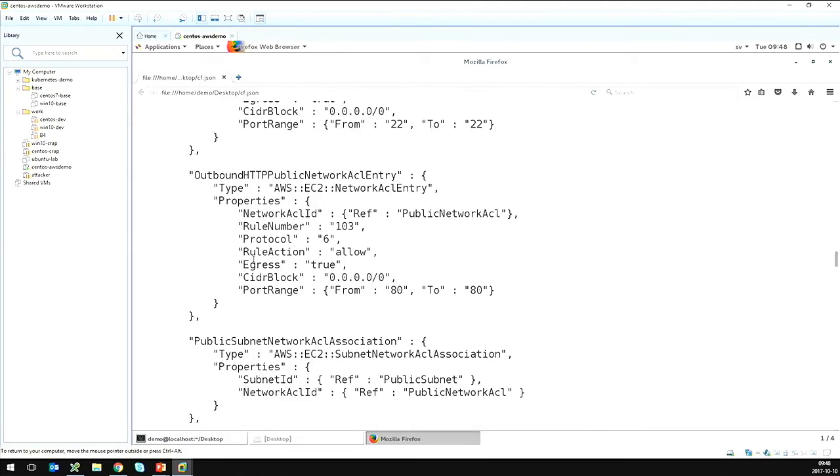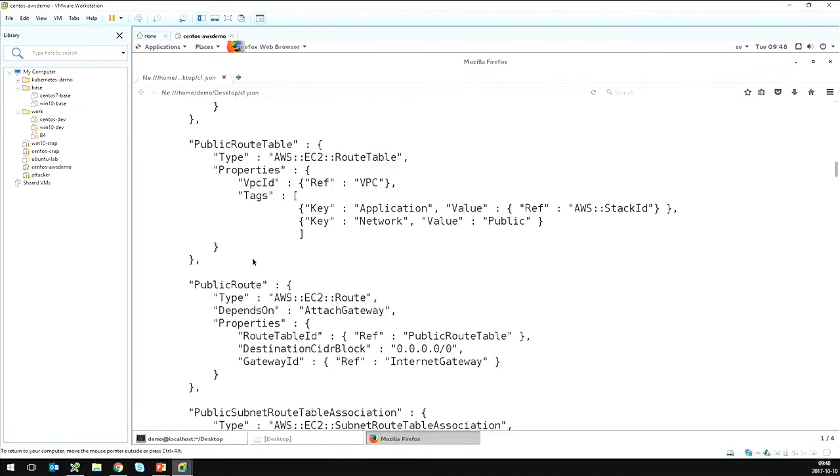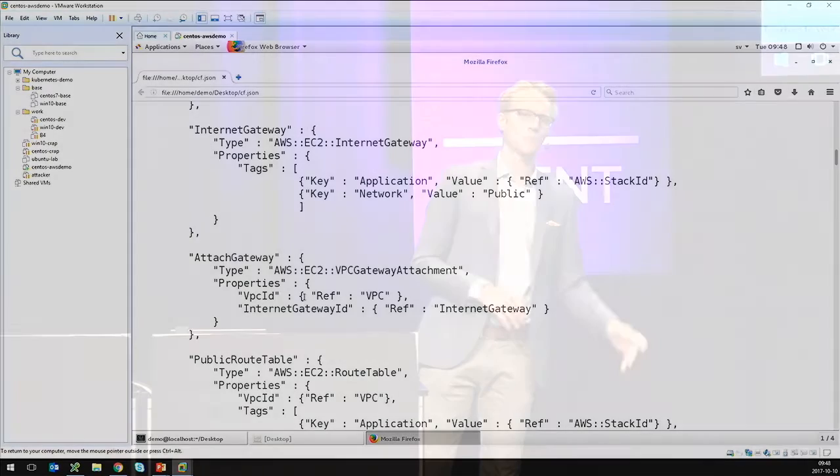So this is an example of a CloudFormation template. As you can see, it's written in JSON, but this can also be written in YAML nowadays. I would definitely recommend using YAML instead because it's a lot easier to overview. But in this example, it's JSON. And I think it's still worth understanding the JSON format, because these CloudFormation templates pop up everywhere now,